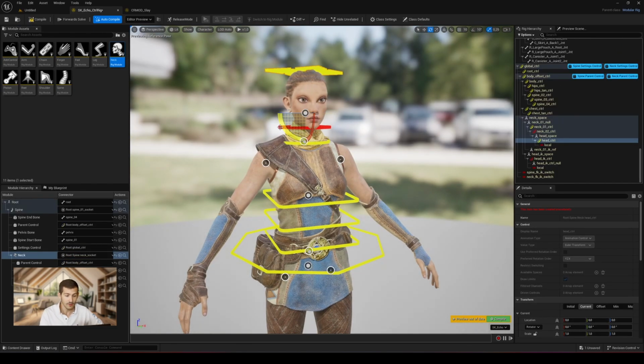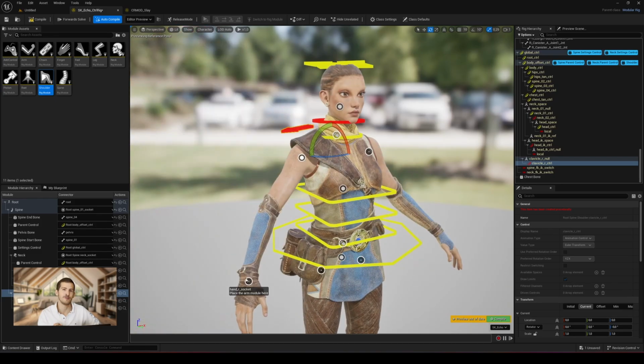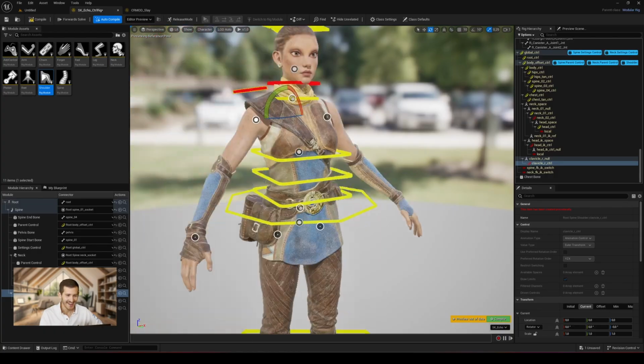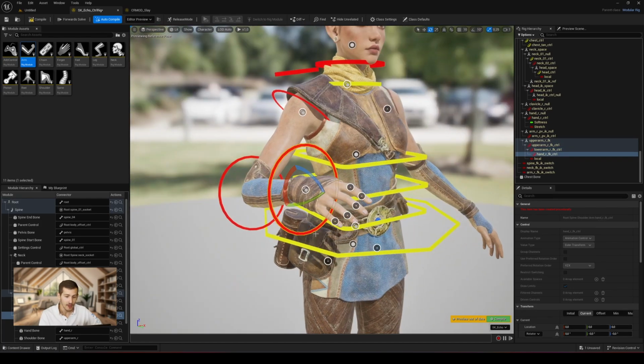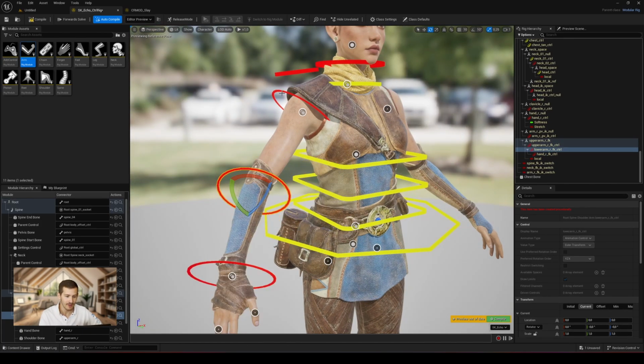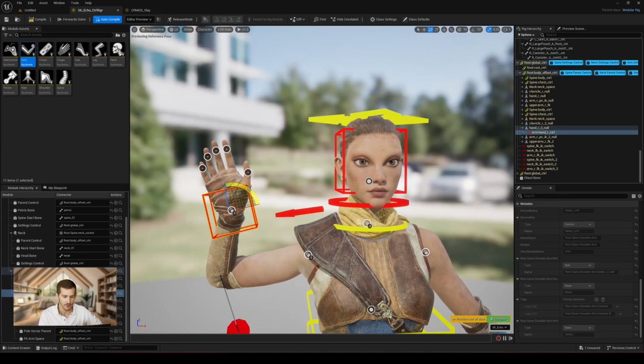Continuing with the neck module and then here the shoulder module. Super convenient and easy to use. So fantastic. Now let's play the arm module. By default, here we have an FK type control. We can obviously change that at any time via the details panel of this module with the FK-IK default attributes.